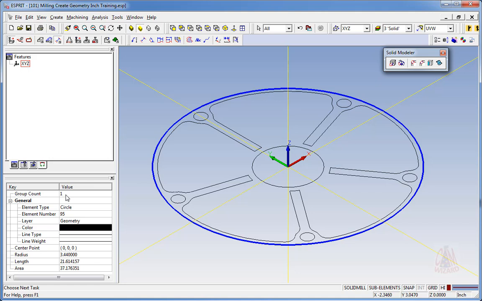Now if we look at our print, we see that on the print the thickness in inches is 0.433. The thickness in metric is 11 millimeters. All right, so we're going to extrude this. Now I have my Z0 at the top of the part, so I'm going to make this extrude go down. So I'm going to make the thickness go down. So I'm going to leave Z0 at the top of the part.